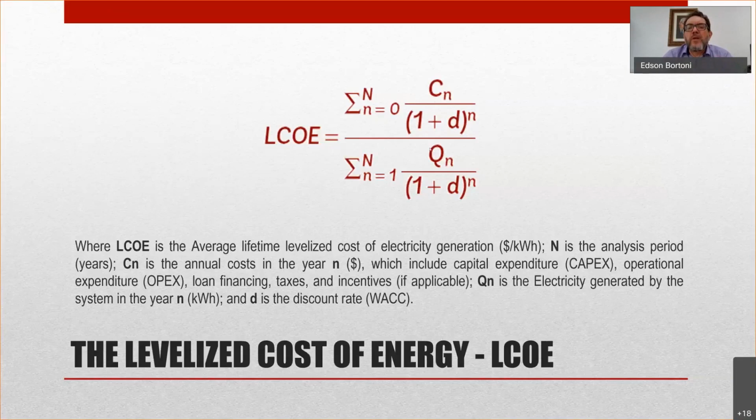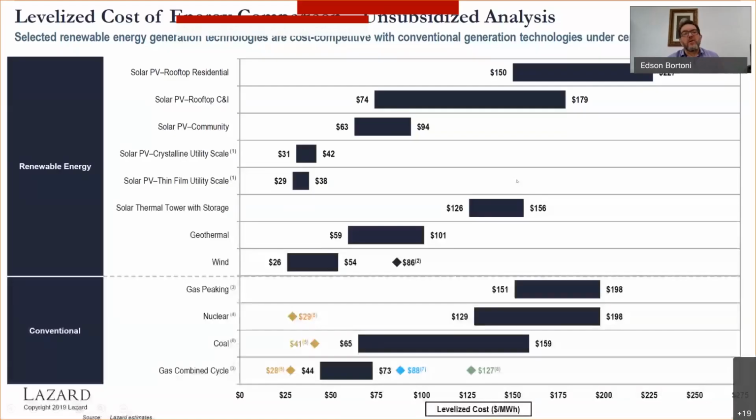Here, in the denominator, you have all the energy that the alternative generates. So you have in the numerator all the costs brought to the present value and in the denominator all the energy that was generated by the assets. So you can calculate LCOE. Here I can show you a comparison of